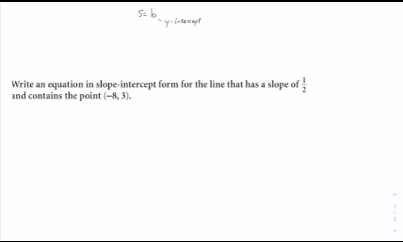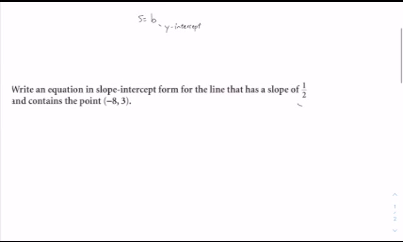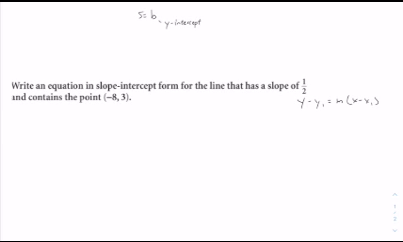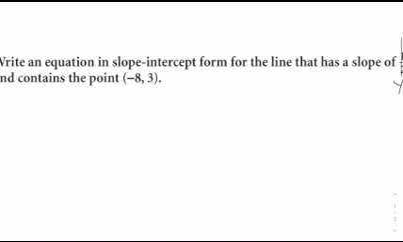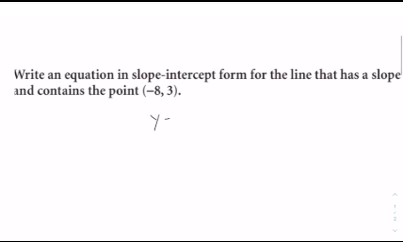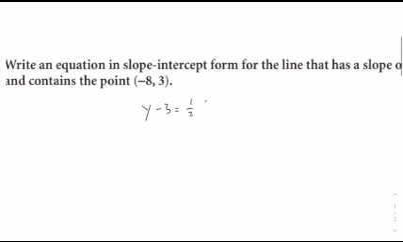Now there is another form, called the point-slope form, and it is y minus y1 is equal to m times x minus x1. m is still the slope, and y1 and x1 are the coordinates of the point. So to put this into this problem, you would do y minus 3 is equal to 1/2, which is the slope given by the problem, times x minus -8,